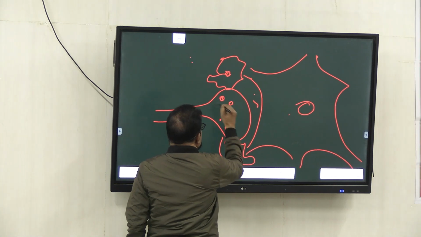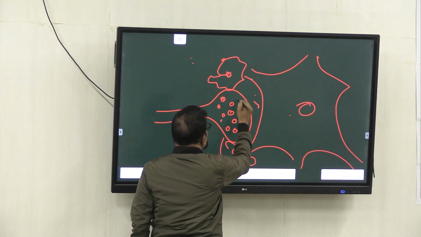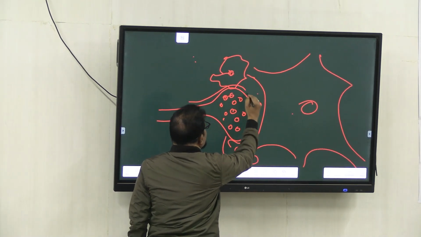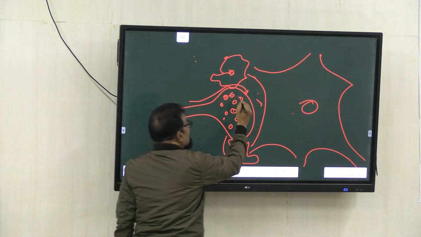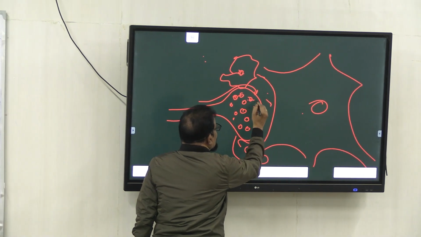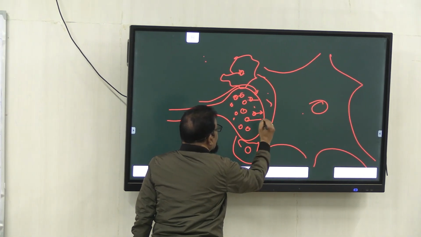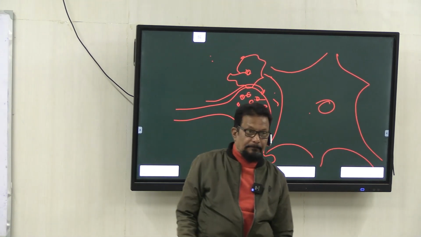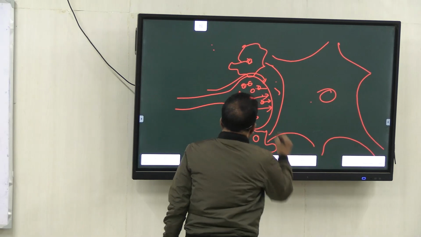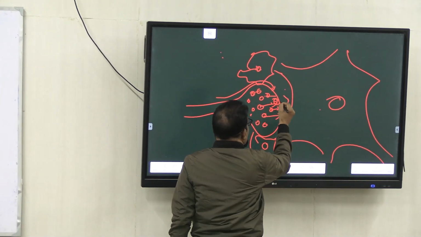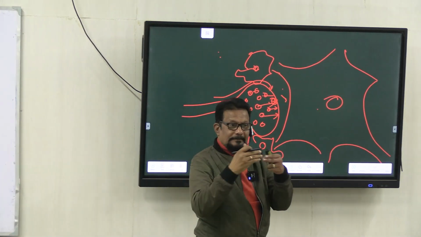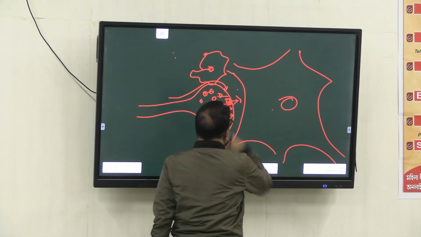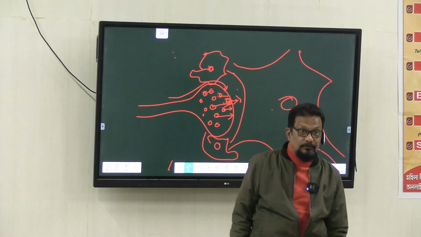A lot of synaptic vesicles you will get there. When the nerve impulse arrives here, what happens? These vesicles move towards this membrane. This is the presynaptic membrane. So here they attach and their membrane fuses. So now the neurosecretion within this will be liberated in the extracellular fluid in the synaptic